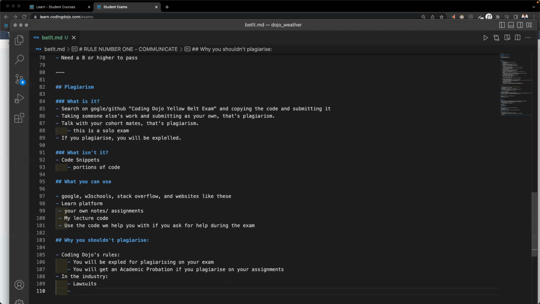When you get employed and your employer asks you what you've done, you won't be able to give a good answer. You won't actually know how to code, and you'll feel shame in yourself for having cheated. So to prove to yourself you can code, or to your employer.